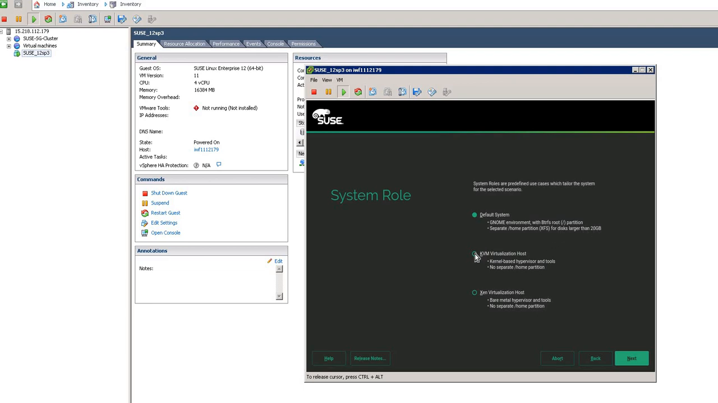If you want to select the KVM one, you can select this KVM virtualization host. If you want to select the Xen virtualization host, you can select this. But by default, we are keeping the default system only. So what will the default system give? It will give the root partition with Btrfs, not XFS and all. The next one will be /home, which will be an XFS partition. So I'll give next,